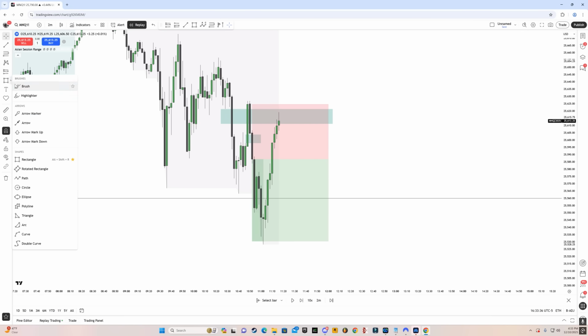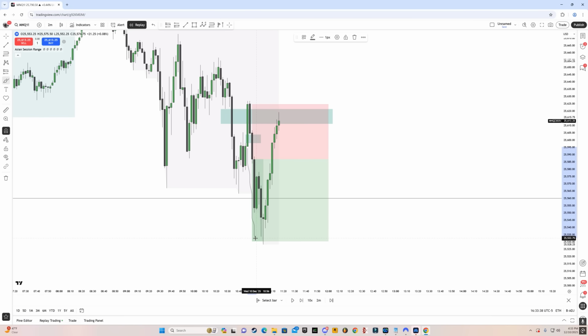So usually what I do is I go for 1 to 2 if the draw on liquidity is not hit. But in this case, we had our draw here. So the best play here would have been to just go for 1 to 1.5. And once you can see the sell side was swept, we kind of inversed above this 1 minute gap here, and then we pushed up. So let's move on to the next example.